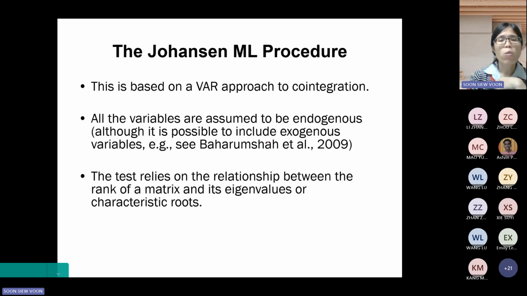These are based on the VAR approach, and all the variables are assumed to be endogenous. So you can refer to my paper I showed you, which I also uploaded in Spectrum, Check et al. 2009. Although it is possible to include exogenous variables, all the variables are assumed to be endogenous because it's based